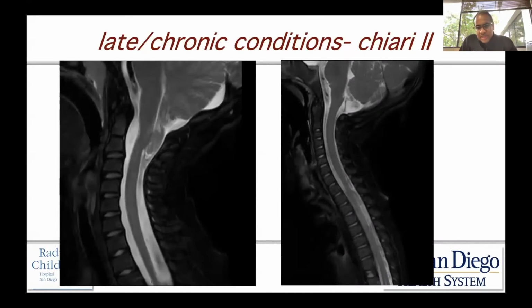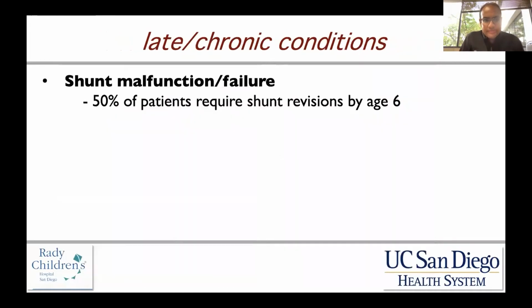So children that have a symptomatic Chiari-2, and they're typically symptomatic with lower cranial nerve dysfunction and require ventilatory support, they suffer from central sleep apnea, and they may even be trach or vent dependent. These kids can get very sick if their Chiari-2 rears its head in what's called a Chiari-2 crisis. So those kids, in my mind, are very sick and need urgent attention if those come to your clinic or